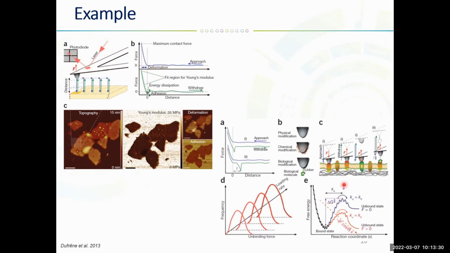The transitional state is shown as this symbol over here. And what else? You can also calculate the distance, this one, XU. This is the distance separating the bound form from the transitional state, and